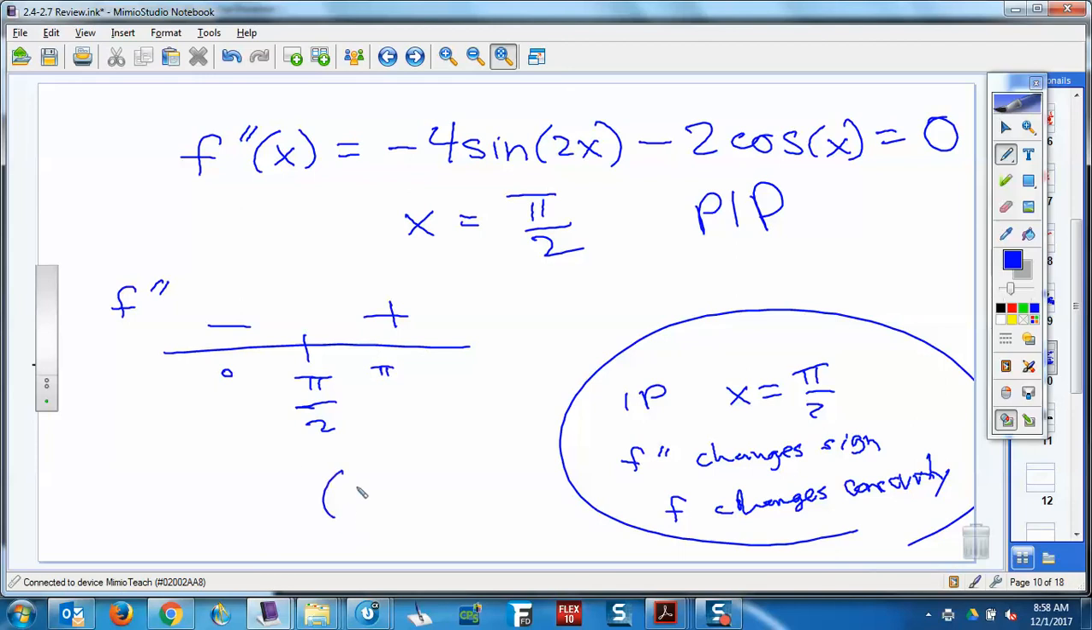Where's it concave up? Pi halves to pi, not infinity, because we're only looking from 0 to pi, right? So concave up when f double prime is positive. So from pi halves to pi is the answer to the last part. Okay? Man, if you guys could just do what I did,